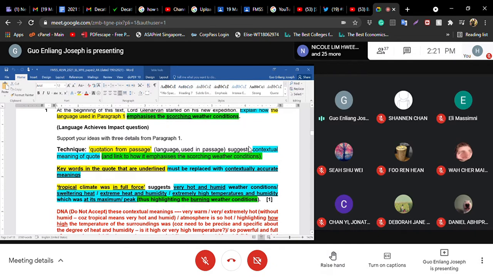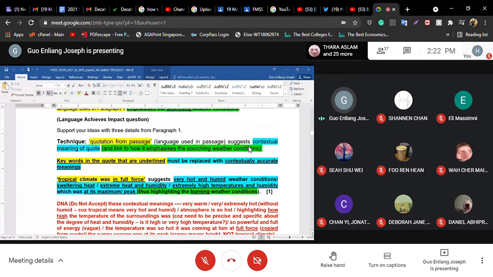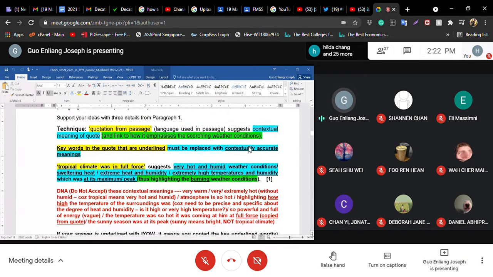All right. So basically, you can just write the quotation, suggest contextual meaning of quote, and that's it. Okay. If you really cannot come up with the green part, then I would say forget it. Make sure your yellow and blue is correct. You can still get the mark. Cambridge will still give you the mark. All right. If you're not confident, not sure to do the green part because you don't know the meaning of the word scorching, then forget it. Just do the yellow and the blue. Okay. You can still get the mark. Don't worry about that. Okay. So this is a very important thing that you need to know. So you should copy and listen to me at the same time.